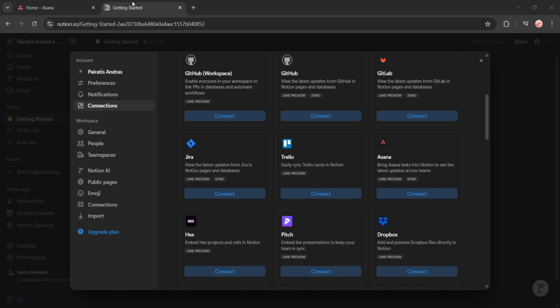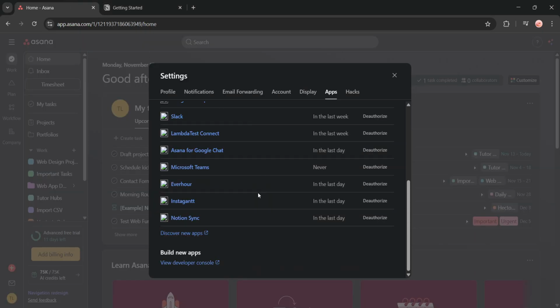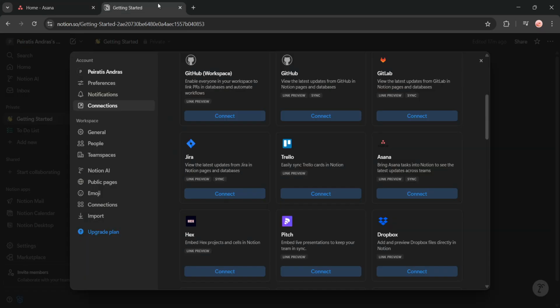You may be asked to select specific Notion pages or databases you want to integrate with your Asana projects. Take your time here to choose the right workspaces that make sense for your workflow. Once you've gone through all the authorization steps, your integration is complete and Asana is now connected with